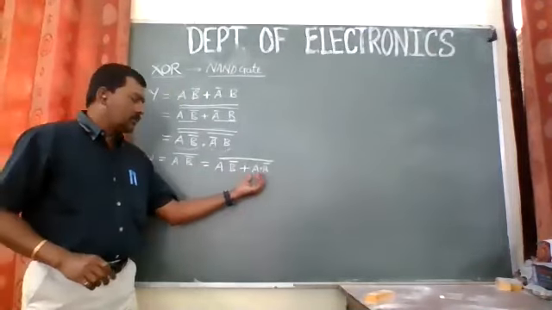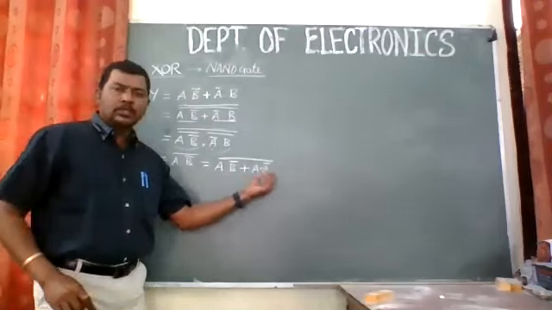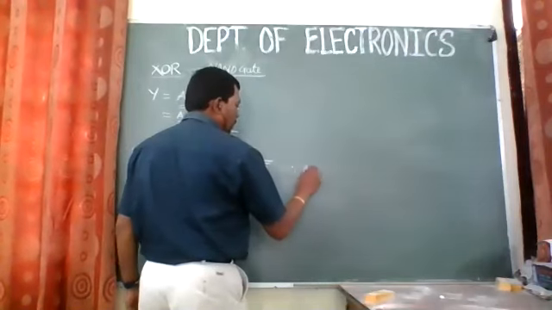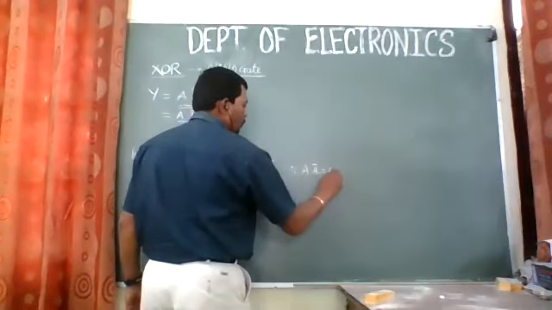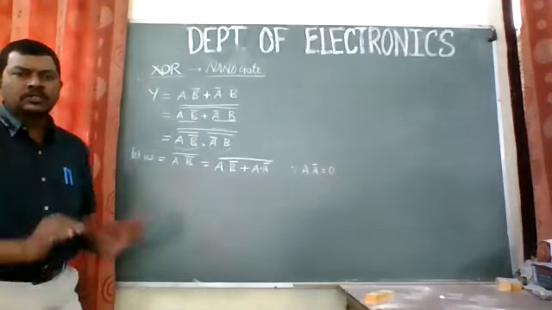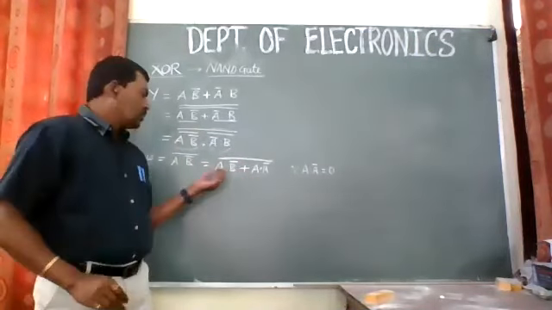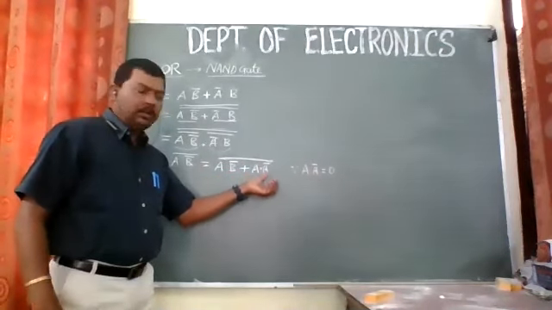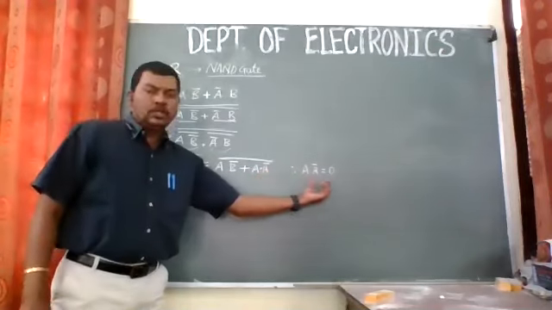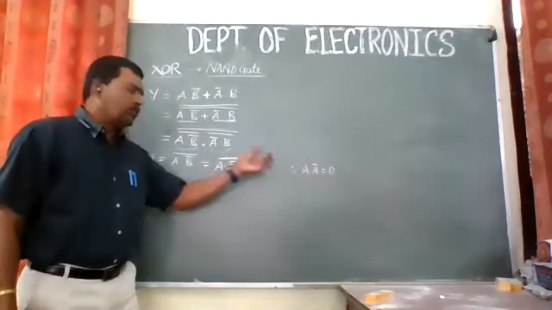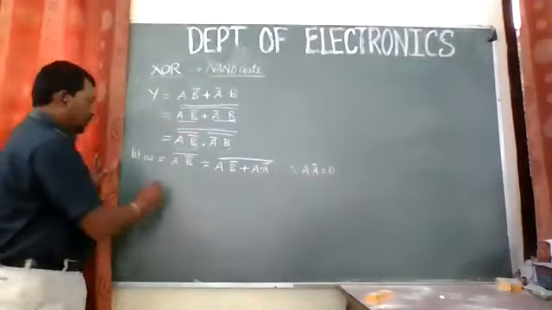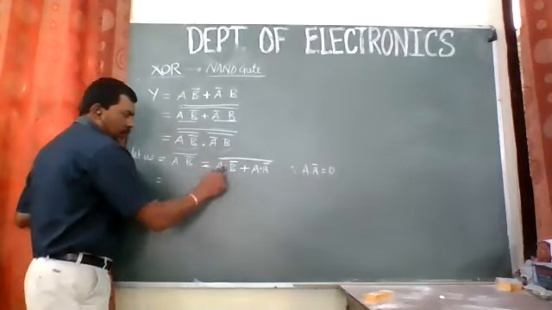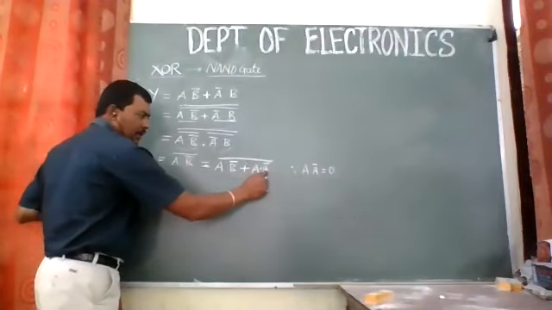So what I have done is I have just added this A dot A bar. Now this A dot A bar, anybody can answer, is equal to 0. So I can add that. So A dot B bar plus A dot A bar, which equals 0, can be added to this, and the complement of that. Now we'll try to simplify that. So just by adding that, A dot B bar plus A dot A bar.